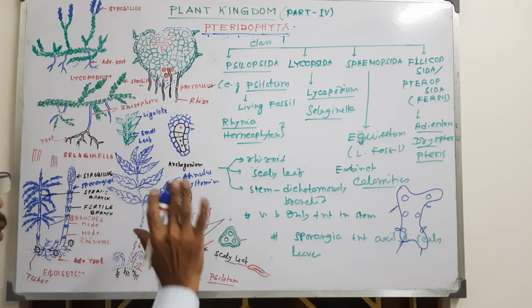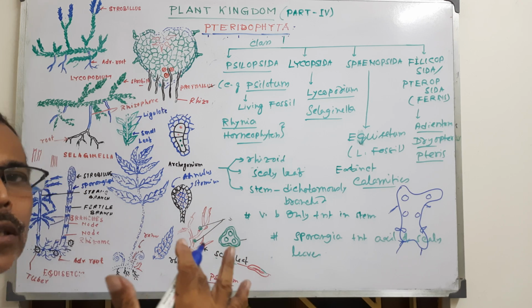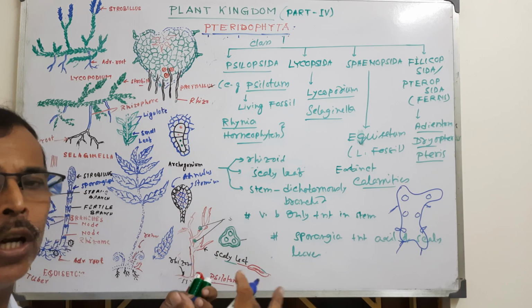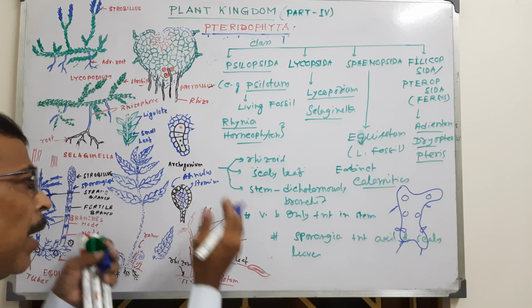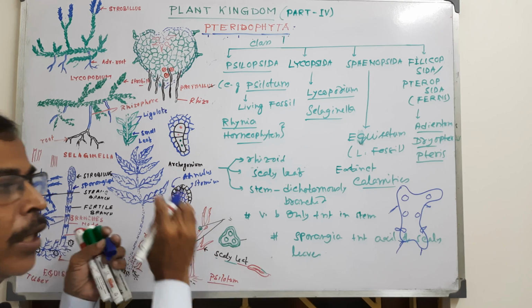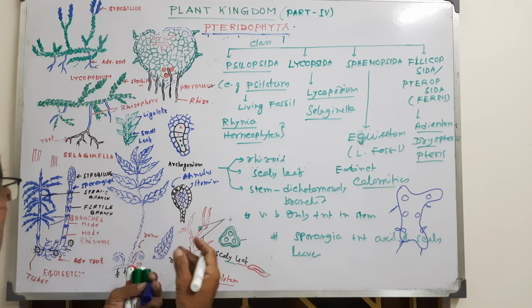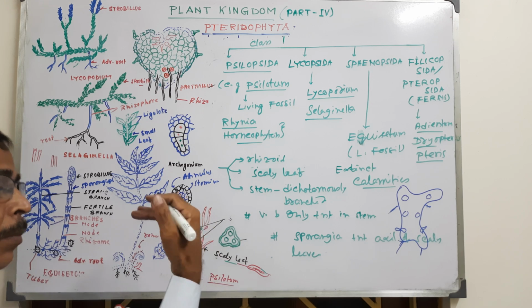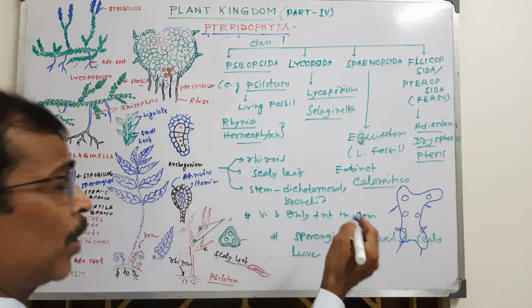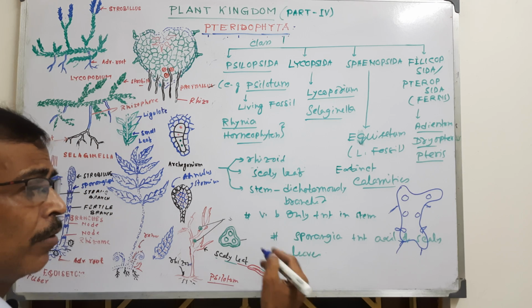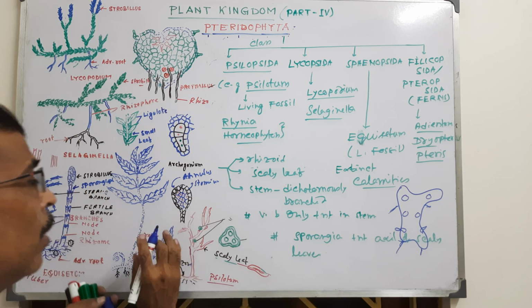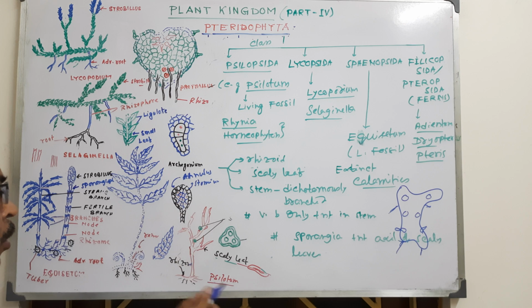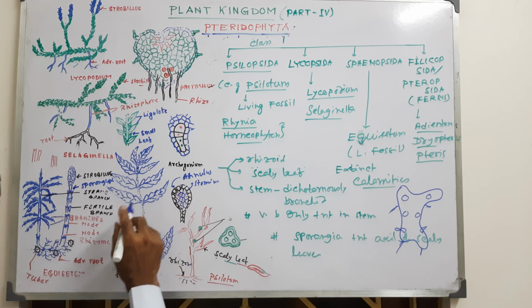Just a minute before I told you that Pteridophytes as a whole are mostly homosporous, and most of the ferns are homosporous, except Marsilea, Salvinia. These are ferns, and they are heterosporous. Okay. And about their